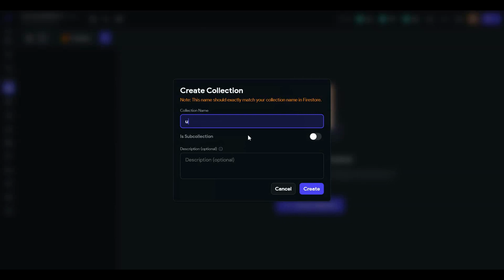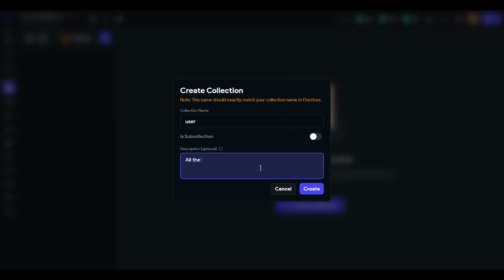Let's imagine that we have a file called user, and in the description you can see that all the user data like name, email and phone number are stored here.